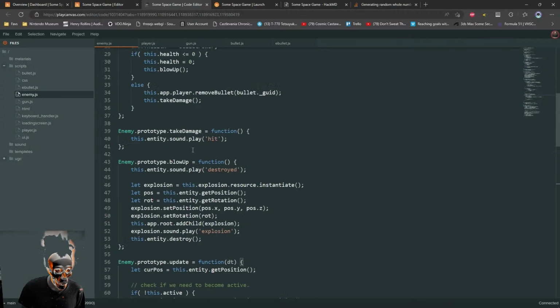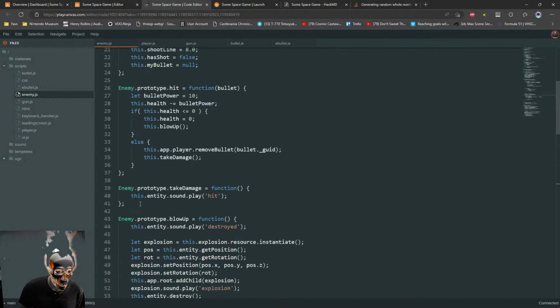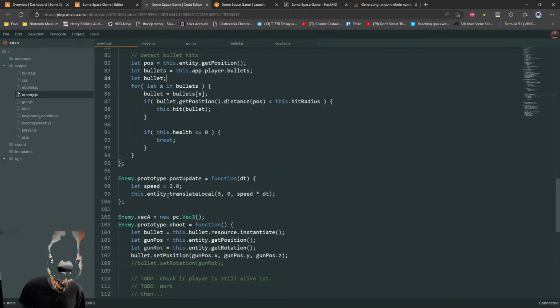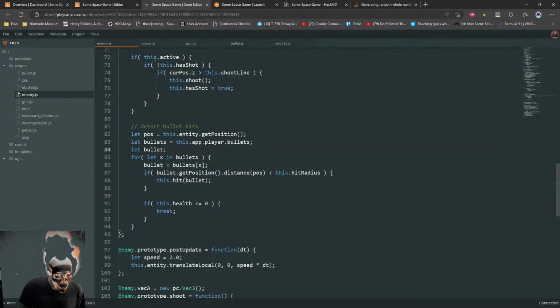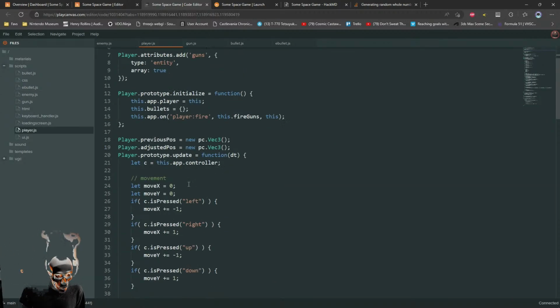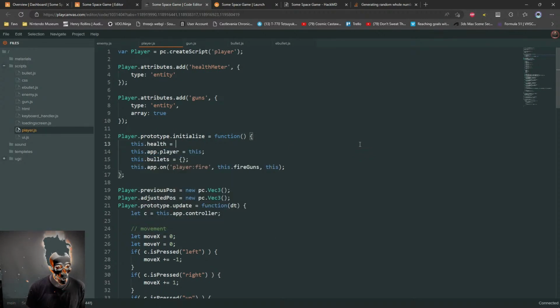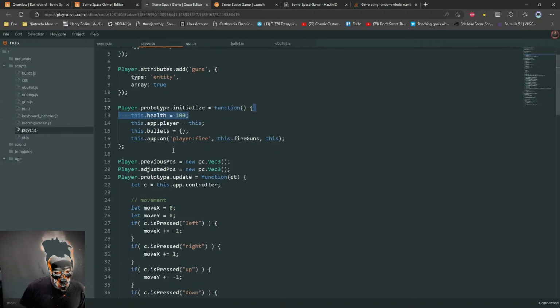The enemy has a take damage. Hit. So we're gonna have player health 100. There's really usually not that much health in these games. Yeah, but we'll do health 100. Maybe we'll make the bullets have 100 power also. And